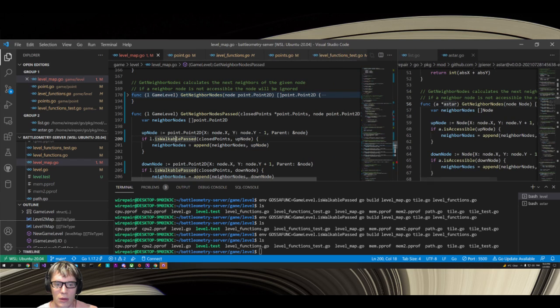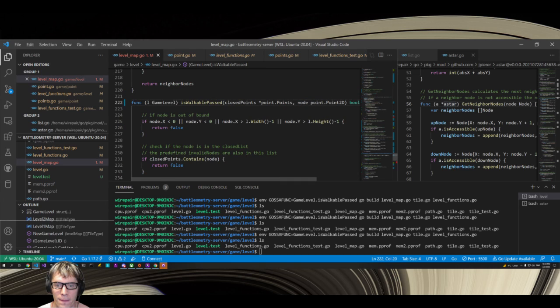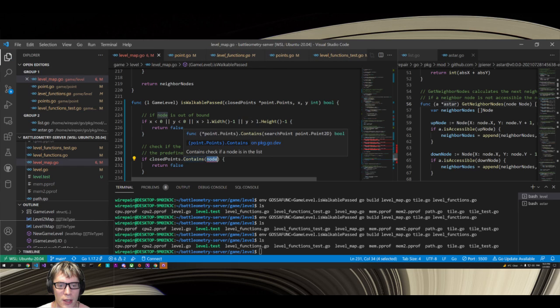Or no, I do need to do this, but I can pass in just the X and Y. And the reason is I can check against my tiles instead. So in this case, I'm going to see if it contains